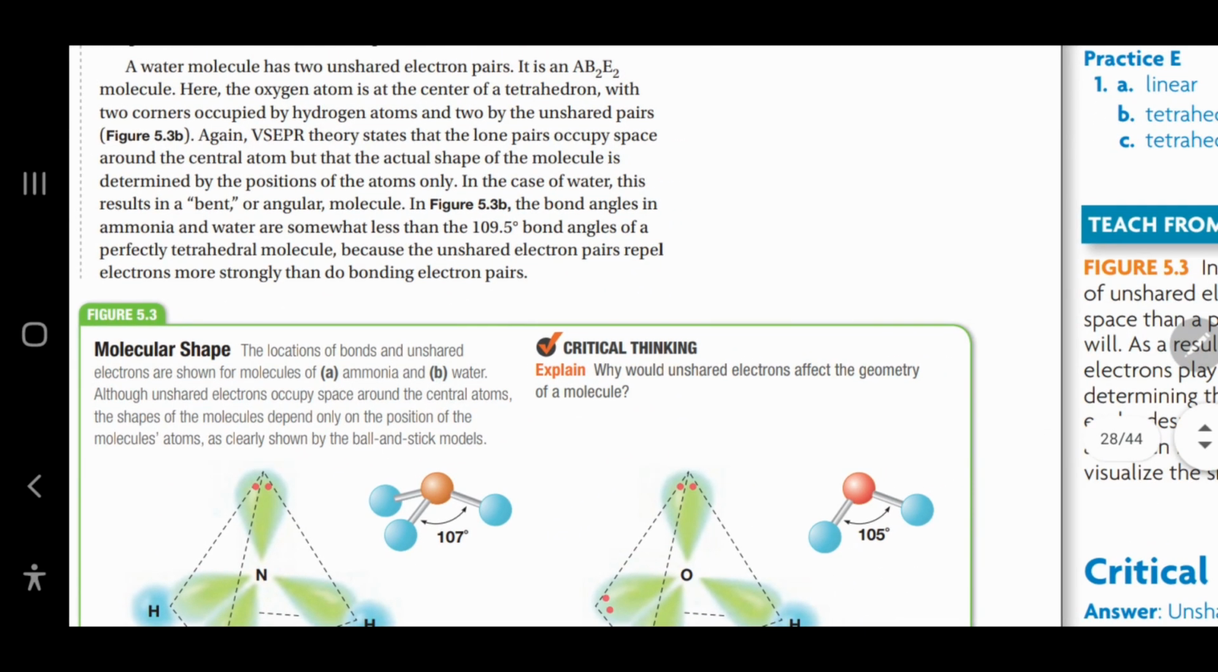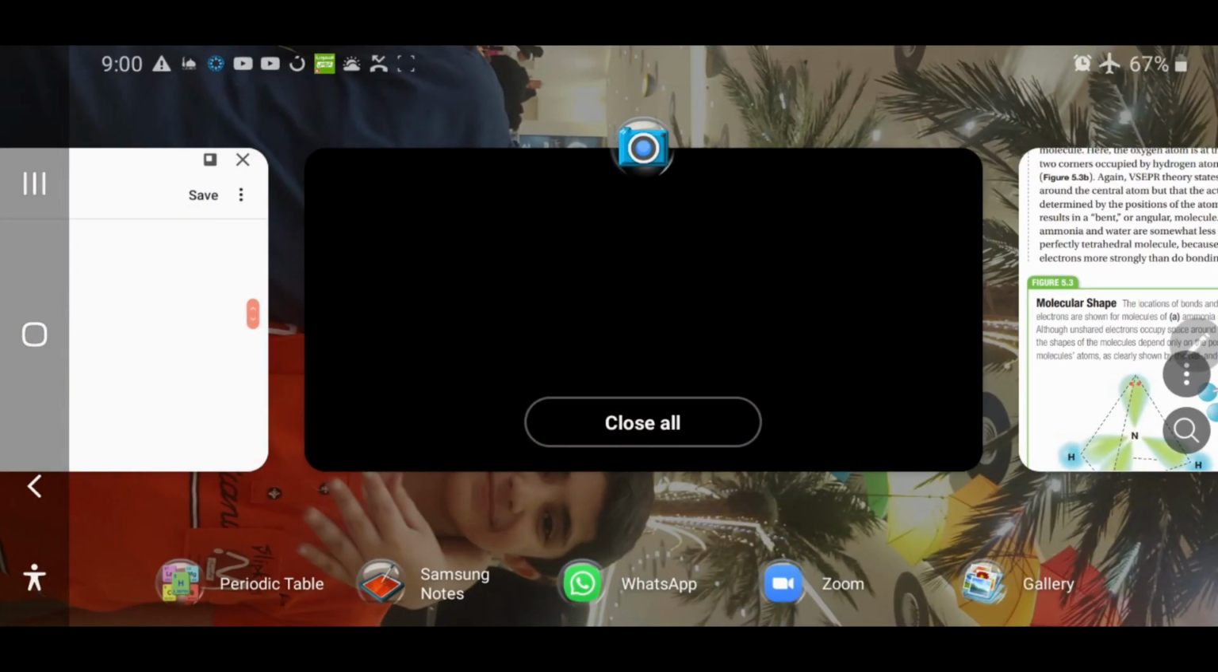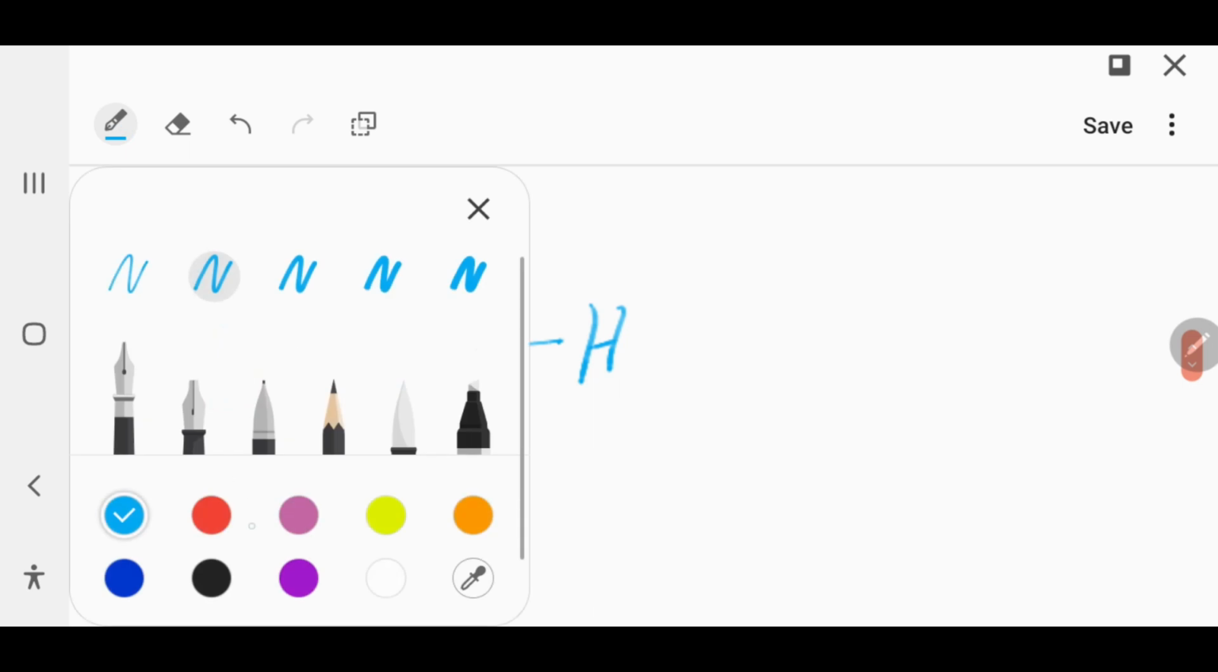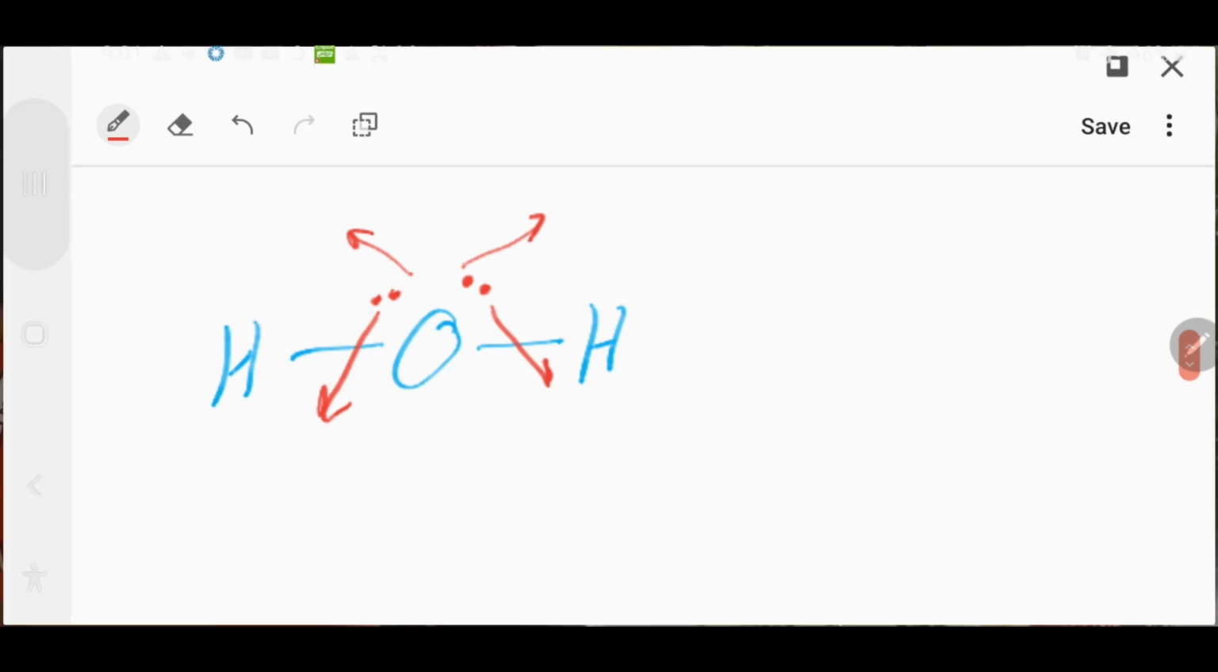What about water? Now, we used to draw water as O, H, H. But don't forget that we have 2 valence electrons, 2 unpaired electrons on oxygen here and here. And this pair will repel the bonds here. And also, they're going to repel each other. So in this case, we will have,